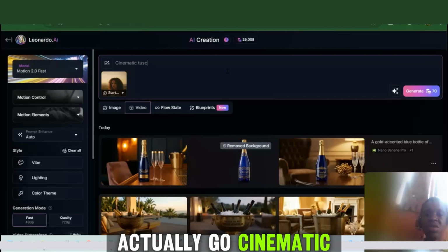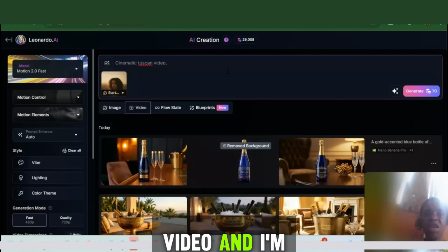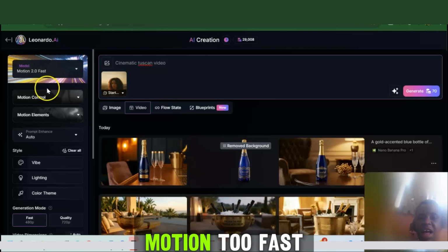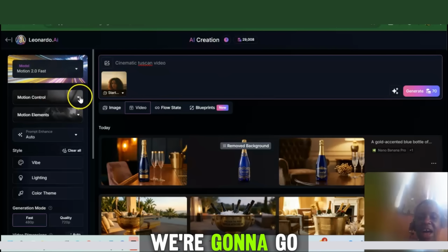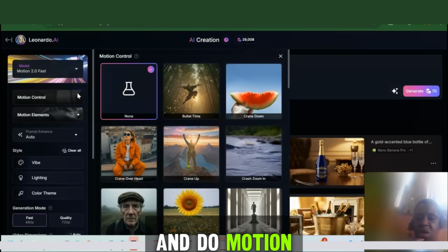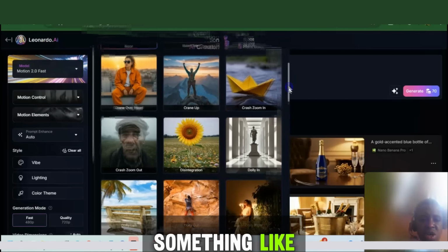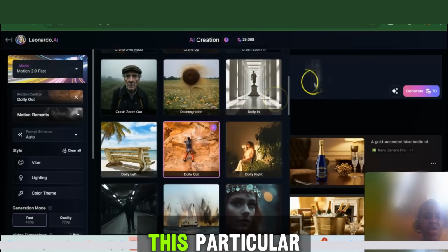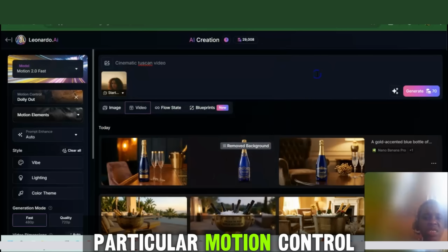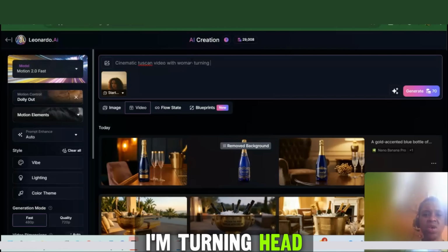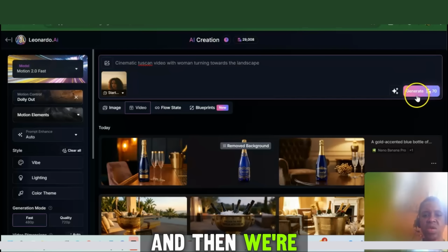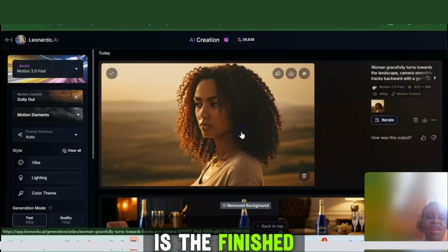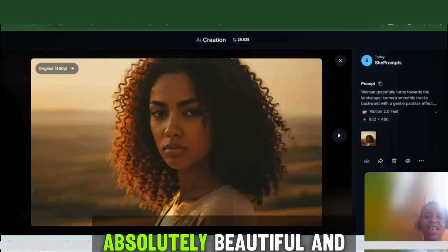So I'm going to go cinematic, Tuscan video, and I'm going to do a dolly pull out. Actually, since I'm in motion too fast, we're going to go ahead and do motion control, and we're going to do a dolly out for this particular motion control. I'm turning the head towards the landscape, and then we're going to generate and see how it turns out. Okay, so here is the finished product, and it looks